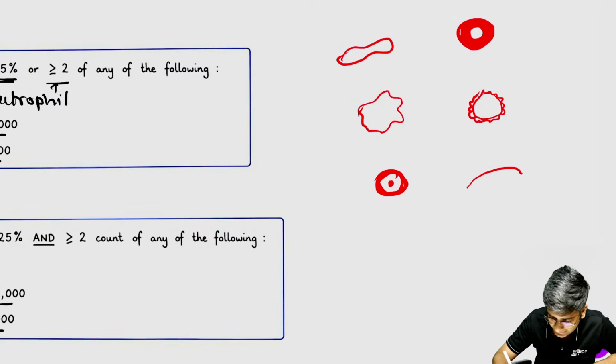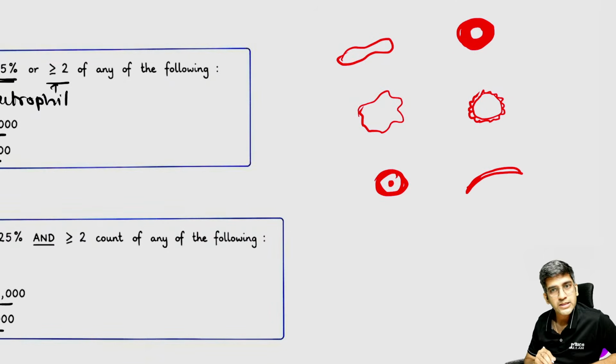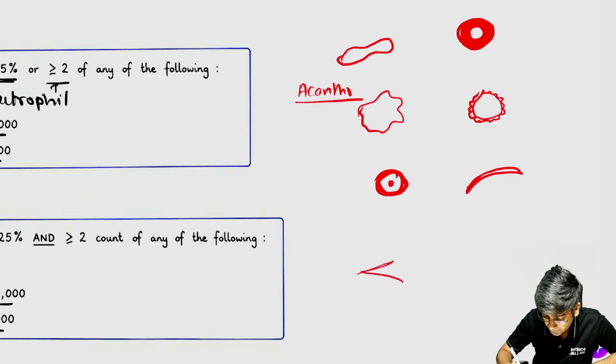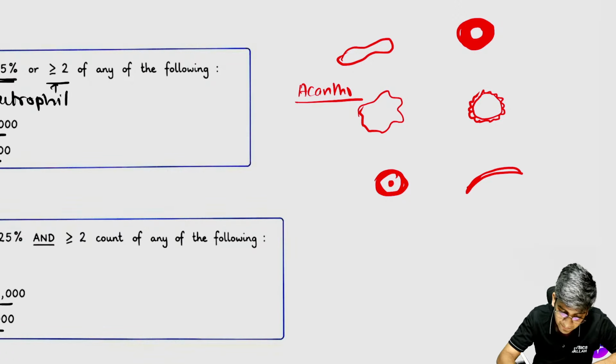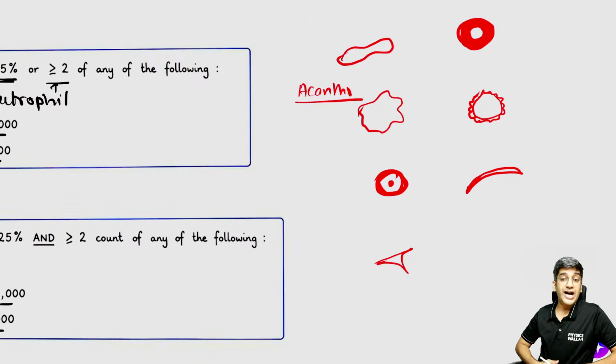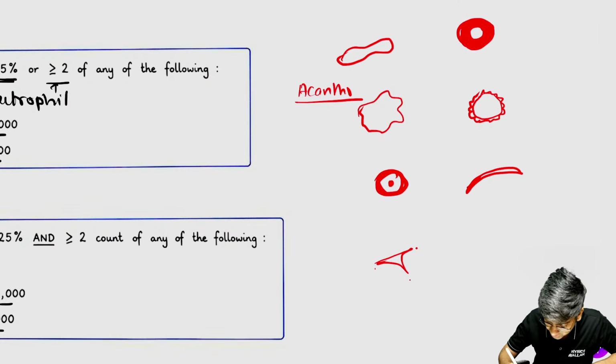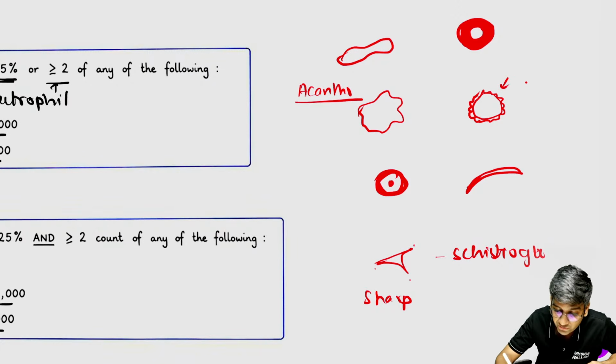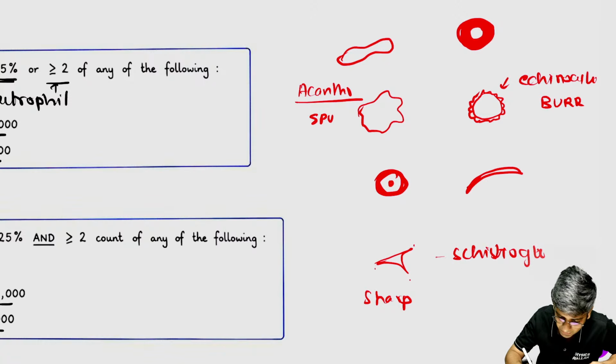If you have an RBC which is like this, what is the RBC? Sickle cell, right? So this is an acanthocyte, multiple blunt, right? So the schistocyte will not be blunt, okay? Schistocyte will be sharp. If it's more than or equal to 3 sharp points, then that is schistocyte or a broken RBC, right? Acanthocyte is blunt. Uniform is echinocyte, right? Or burr cell. Acanthocyte is spur cell, right?